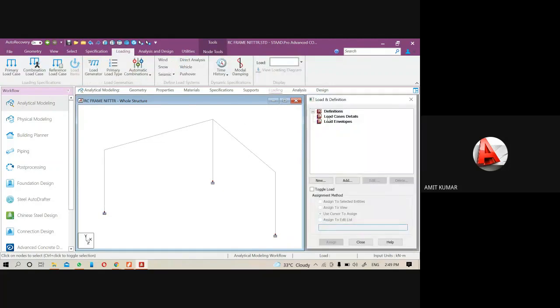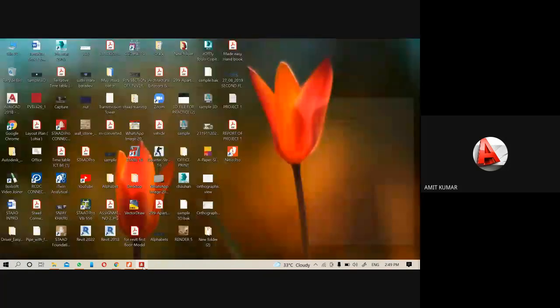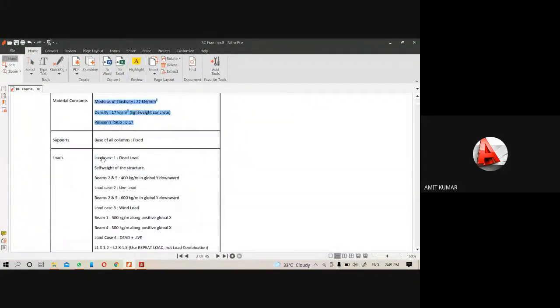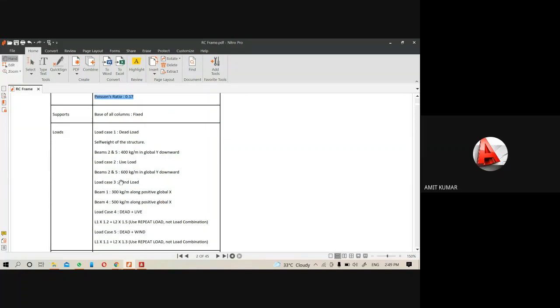Now come to the loading. You can see one more thing. Load case 1 is the dead load, and please read it very carefully. I'm just going to explain it also. Under the dead load, the first thing will be the self weight of the structure. Next is beam number 2 and 5.